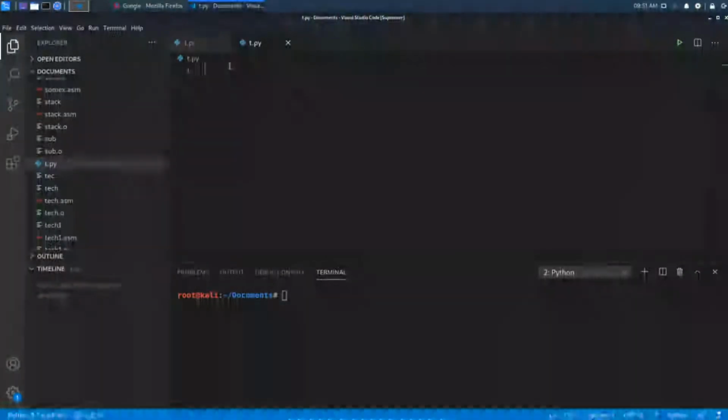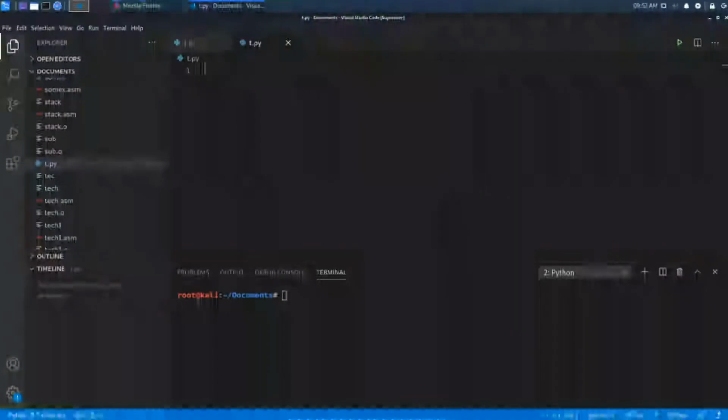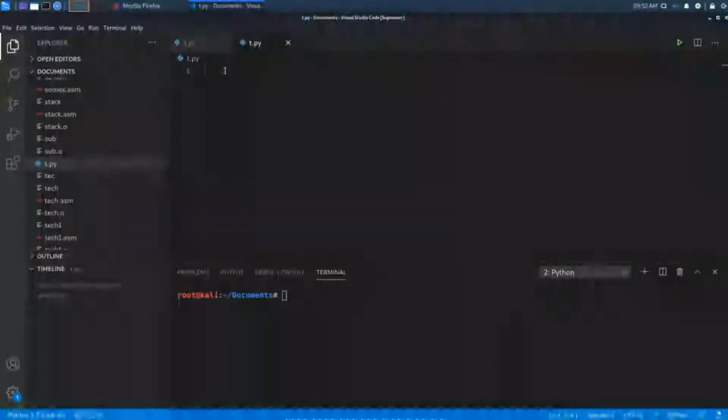So for that I am going to take a custom web page, that is nothing but this one, postmanecho.com/post. That is a custom URL that I designed.